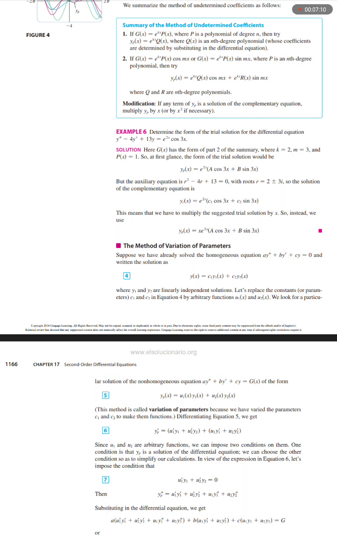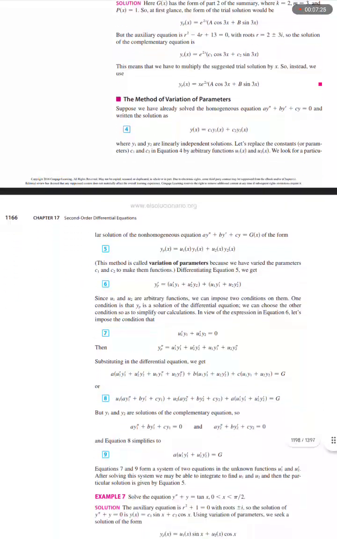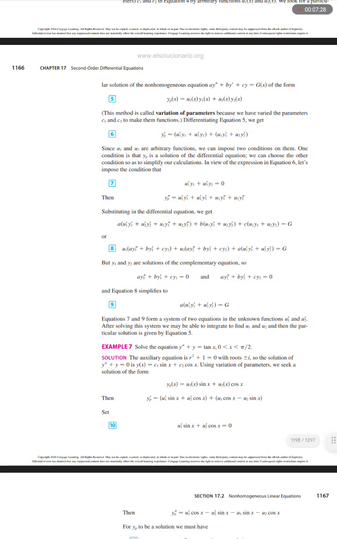We look for a particular solution of the non-homogeneous equation a y double prime plus b y prime plus c y equals big G of x of the form equation 5, y sub p of x equals u sub 1 of x y sub 1 of x plus u sub 2 of x y sub 2 of x. This method is called variation of parameters because we have varied the parameters c sub 1 and c sub 2